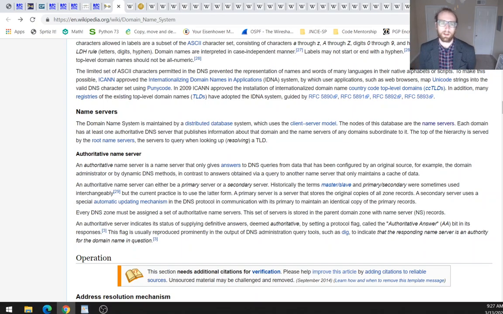In 2009, ICANN approved the installation of internationalized domain name country code top-level domains, ccTLDs. In addition, many registries of the existing top-level domain names, TLDs, have adopted the IDNA system, guided by RFC, and